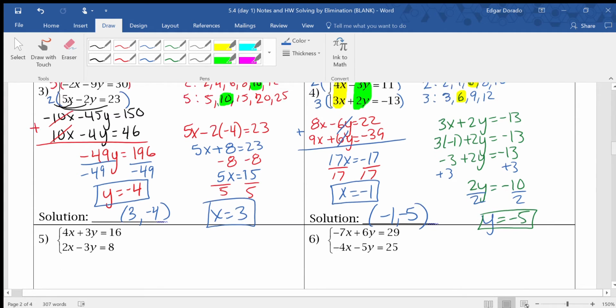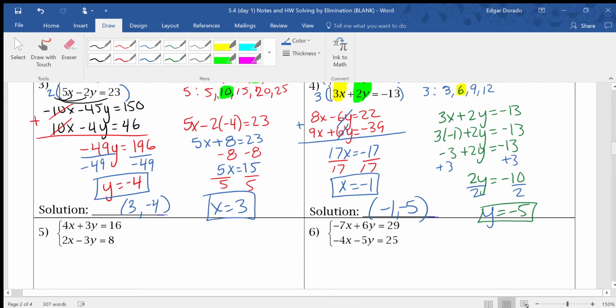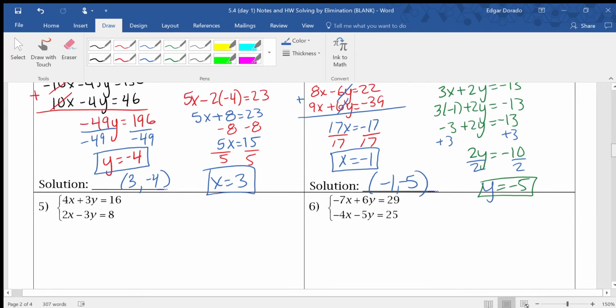All right. So after completing that, guys, you should have gotten y equals negative 5 and x equals negative 1 for a final answer of your ordered pair negative 1, negative 5. All right. So